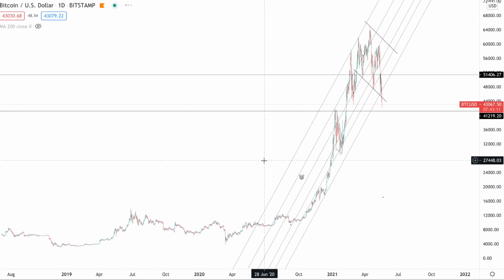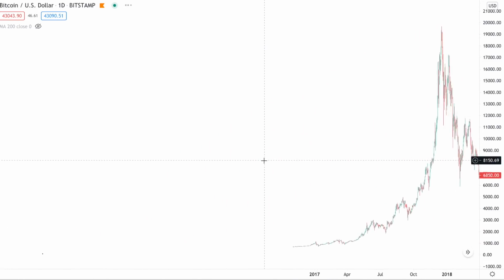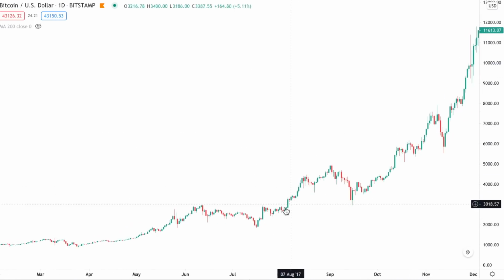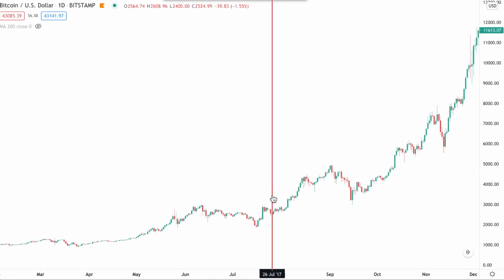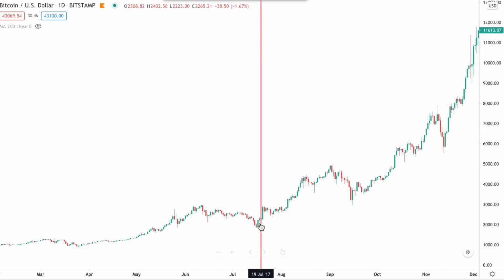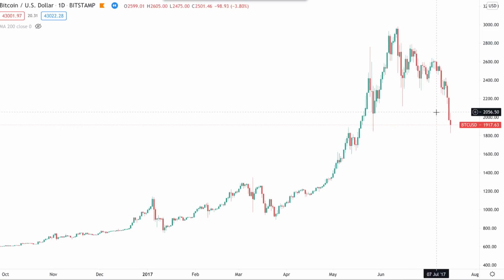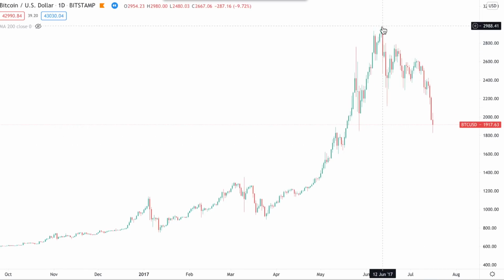Let's go to 2017 on this chart right here and take a look at what these corrections look like without having the full picture, right? Let's put a replay on this correction, for example, right before we got that green candle. You can see how violent that drop looked back in 2017, where price dropped from $3,000 all the way to below $2,000 before eventually bottoming and then rallying back up to $20,000.